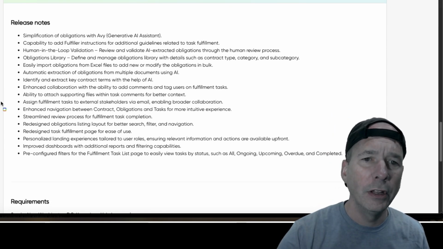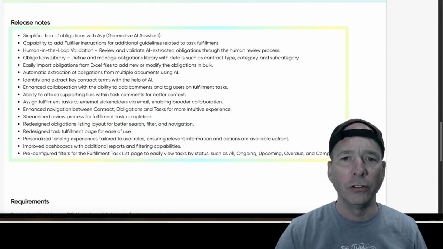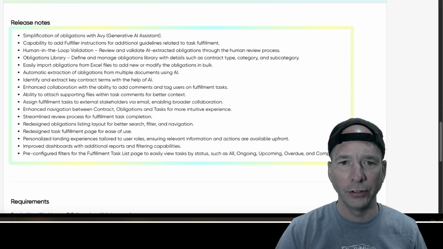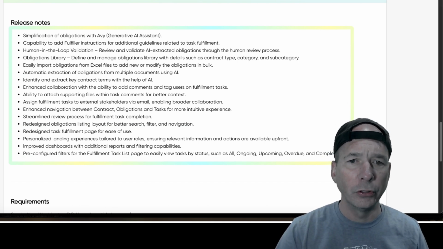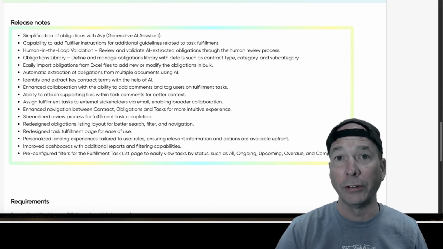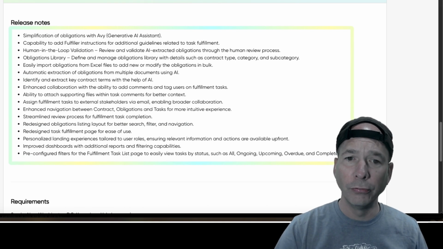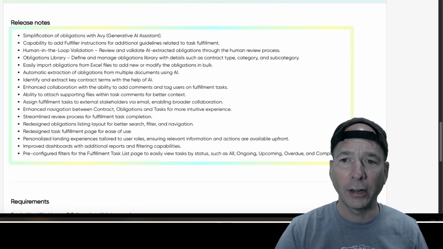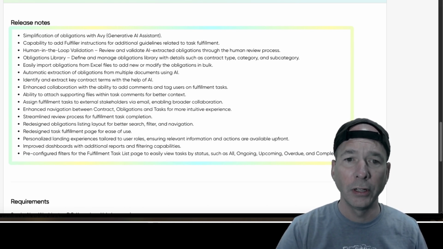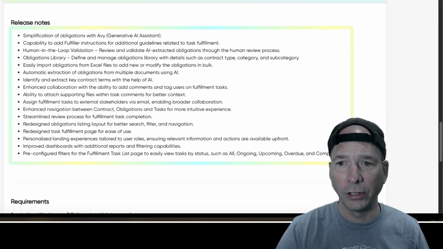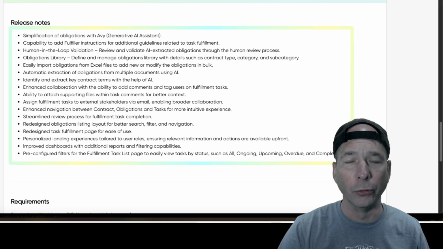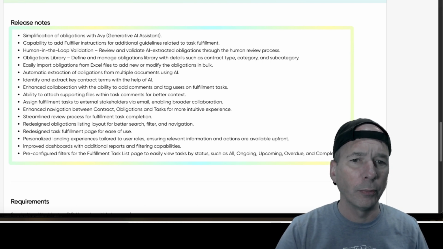And in this version, simplification of obligations with AV Generative AI assistance, capability to add fulfiller instructions for additional guidelines related to task fulfillment, human-in-the-loop validation, review and validate AI-extracted obligations through a human review process, an obligations library, define and manage obligations library with details such as contract type, category, and subcategory, easily import obligations from Excel files to add